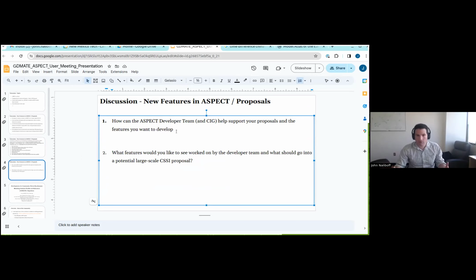Because now the model going forward is, and in the past this has also happened, hopefully there's a large community of people contributing to Aspect and proposing to fund new features in Aspect through NSF or other funding agencies. And then a second part to that is, what features would you like to see